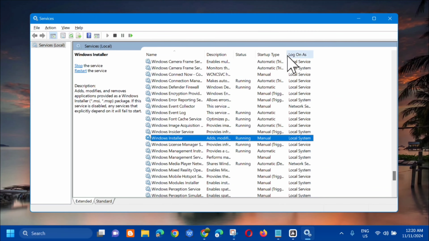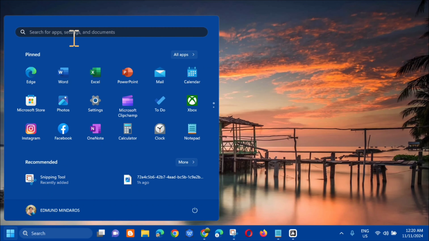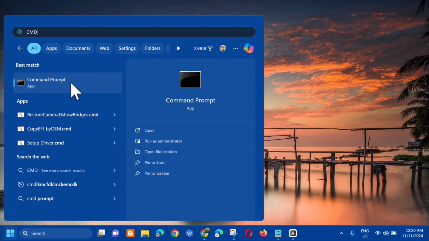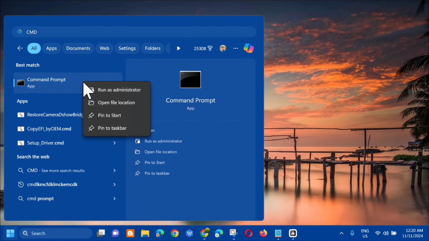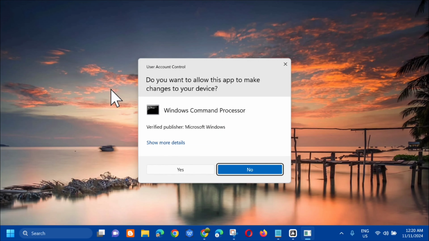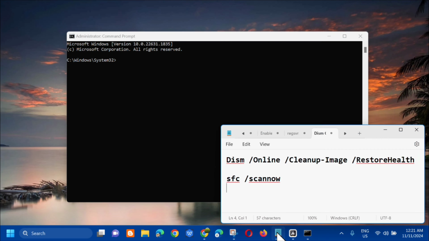Alright, so after dito sa services, another solution na pwede natin gawin is to perform the SFC and DISM tool. Kung paano ba yan gawin, all you have to do is open up again the search menu. And dito sa search for app, type mo lang dito yung CMD or ito yung tinatawag na command prompt, and then kailangan mo lang mag right click and select mo lang dito yung run as administrator. If you receive User Account Control, i-click mo lang dito yung yes. And dito lang sa administrator command prompt ay kailangan lang natin